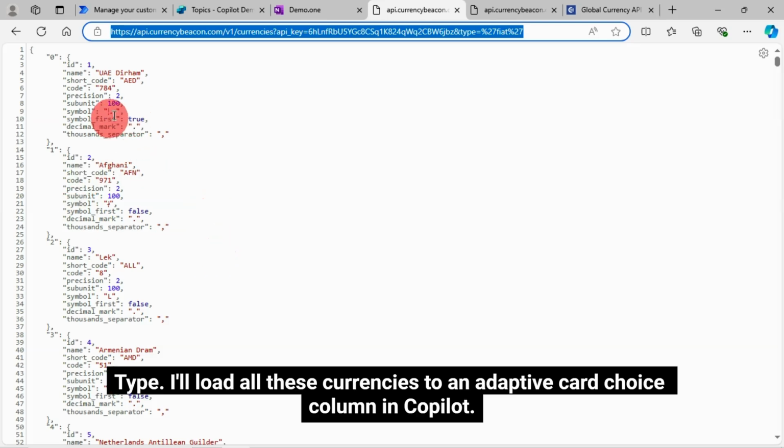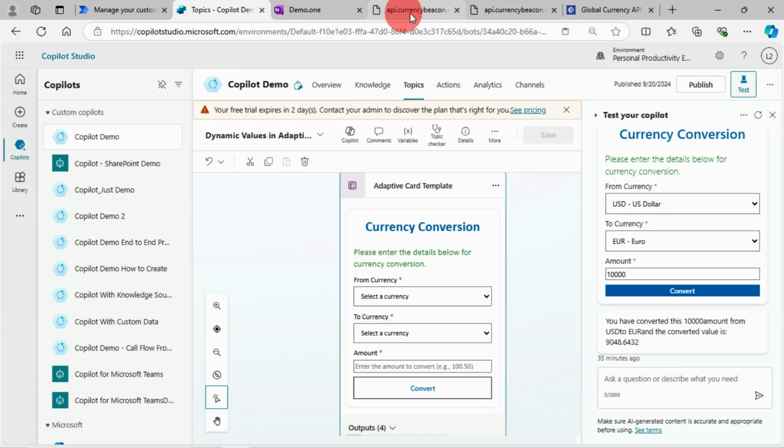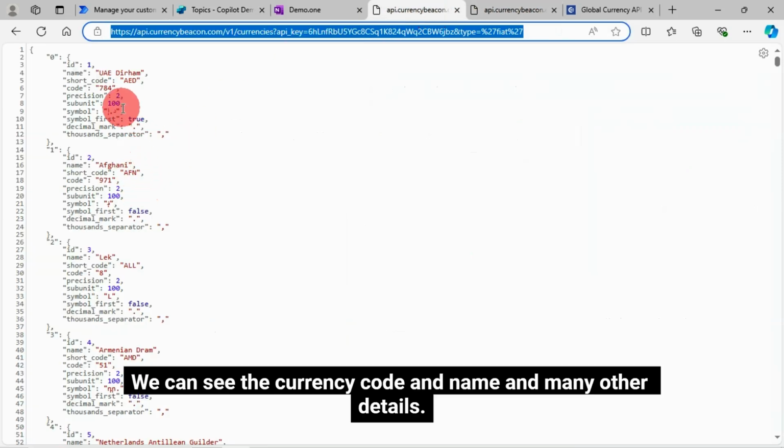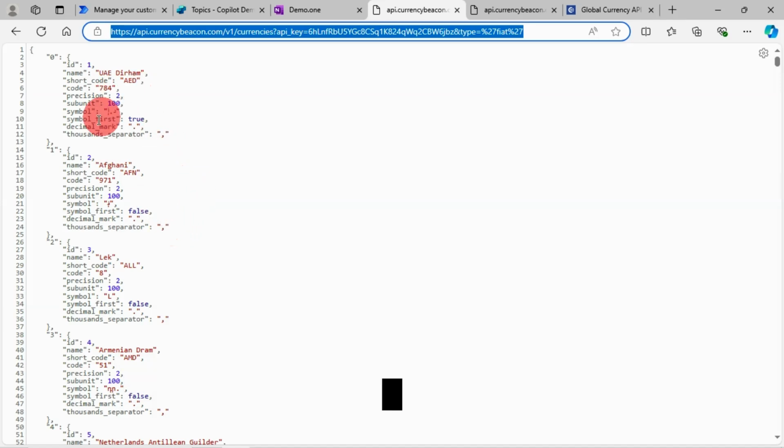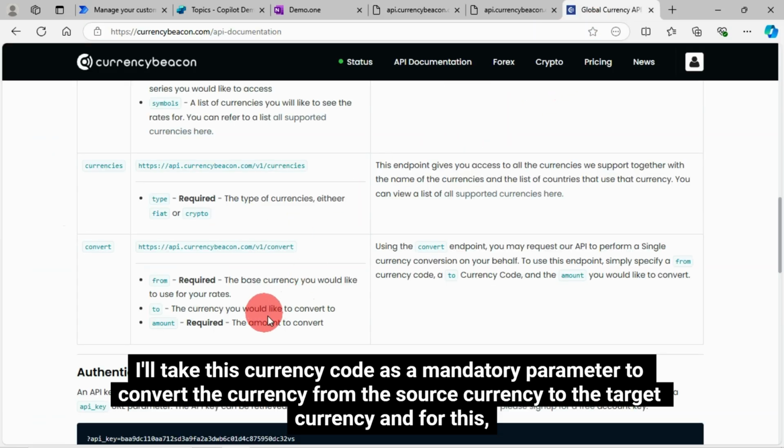I'll load all these currencies to an adaptive card choice column in Copilot. We can see the currency code and name and many other details. I'll take this currency code as a mandatory parameter to convert the currency from the source currency to the target currency, and for this